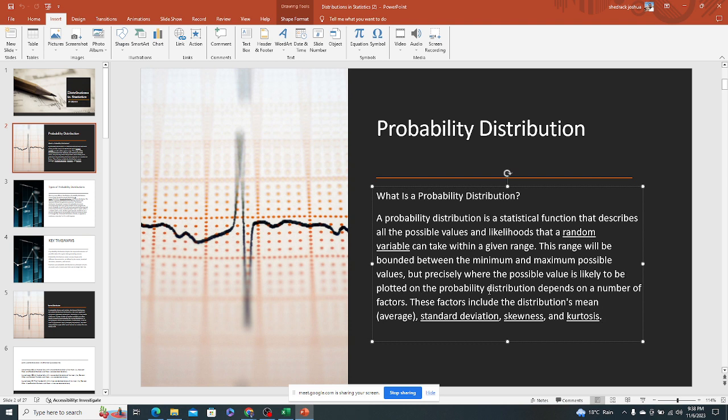plotted on the probability distribution depends on a number of factors, and these factors might include the mean, of course, the mean of the data. Why am I saying so? For a perfect normal distribution, we know that all the